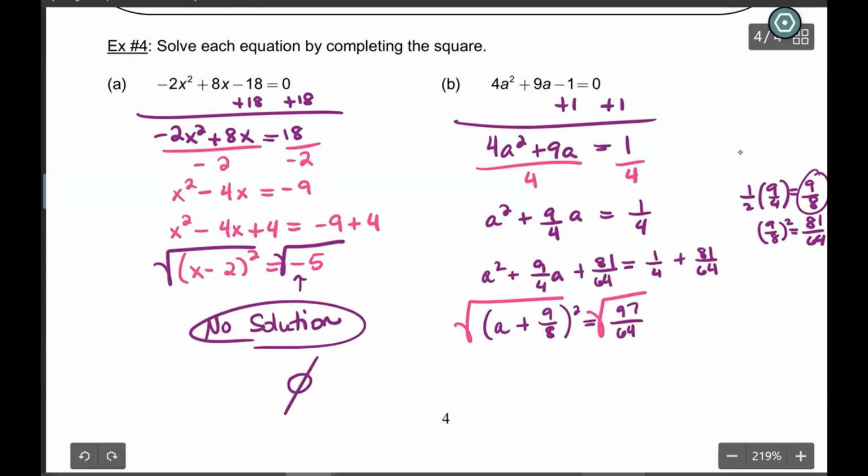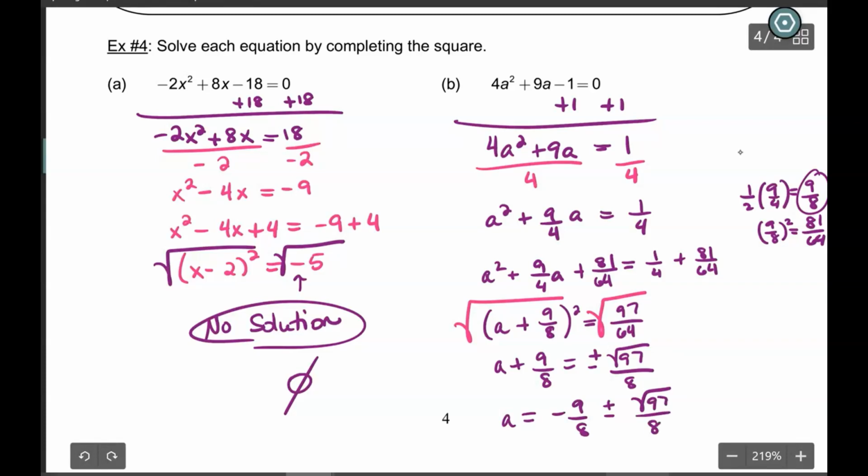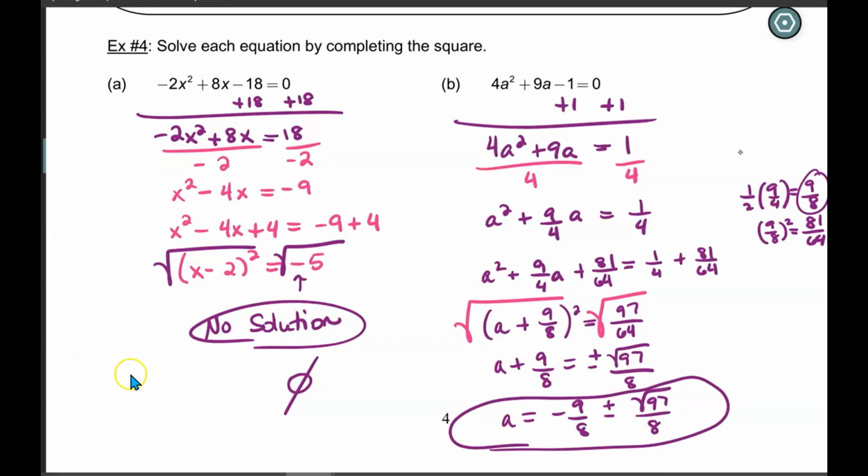This time, we actually can go a little further, so it's going to be a plus 9/8 equals plus or minus. Now it's going to be square root of 97, but look at the denominator. Square root of 64 would just be 8. So now I'm going to subtract 9/8 from both sides, so it'll be negative 9/8 plus or minus square root of 97 over 8. And that is completing the square. So what I want you to do for homework